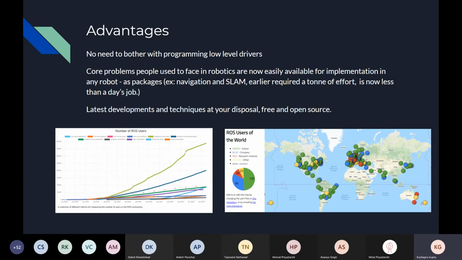This is a graph I put together which shows that ROS is becoming popular, and a lot of standard industry companies also use ROS in their applications. It's growing, and if you want to engage in robotics in the future, this is a fundamental basic for you to have. Just like if you want to engage with machine learning, you need to know Python, similarly, if you want to do robotics, you should know ROS.